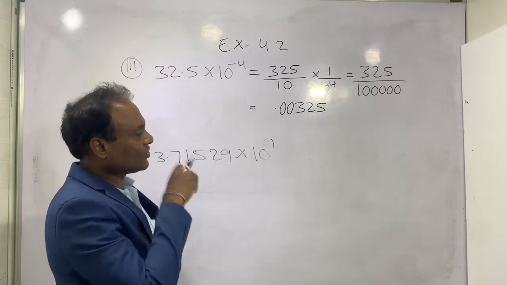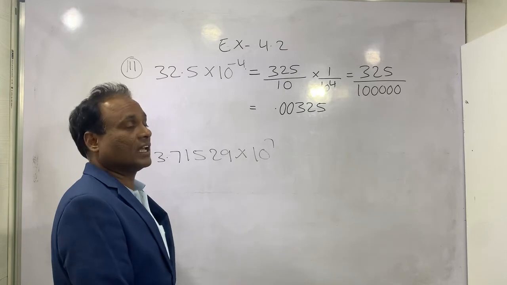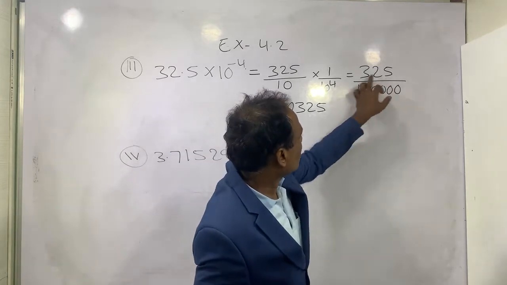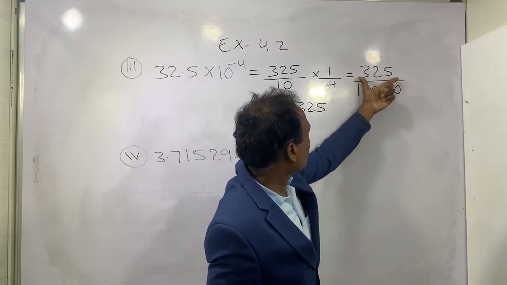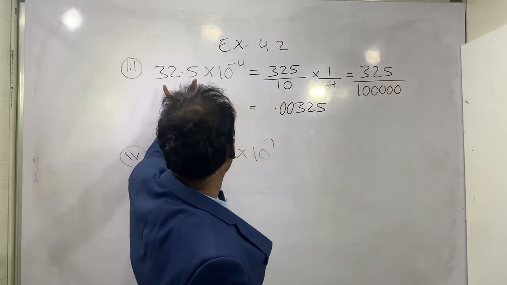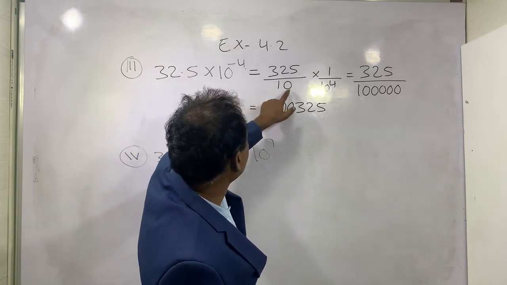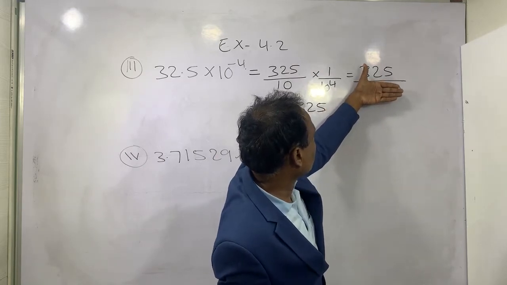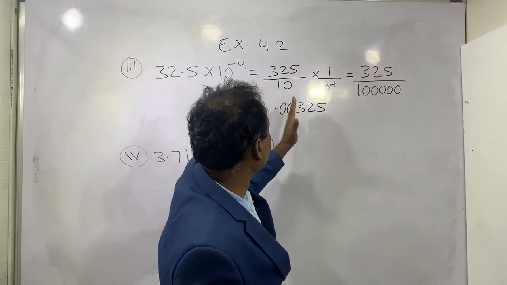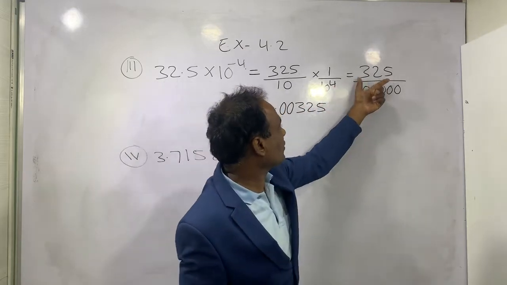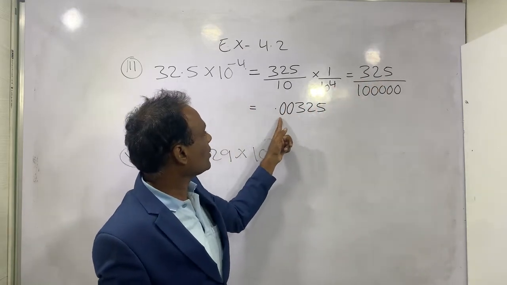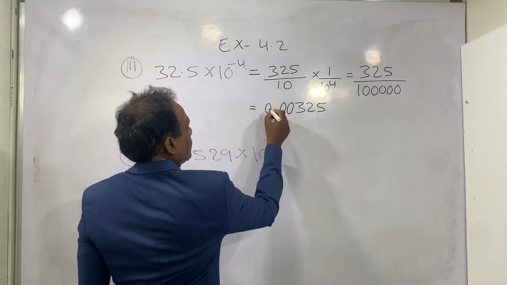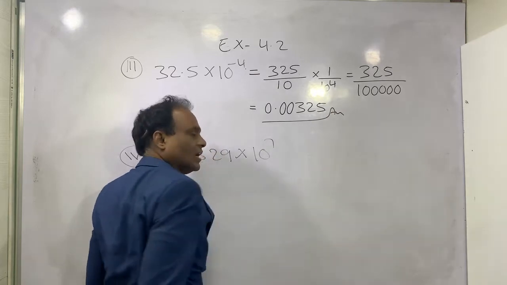Actually, this concept is not related to this chapter. You studied it in the lower classes. But once again, I am clearly explaining. To remove this denominator, we can write this number in the form of a decimal. In the same way, for 32.5, to remove the decimal, we wrote 10. Same way, in reverse, to remove these zeros, in the numerator we have to keep the decimal before 5 digits. We have only 3 digits here, so put 2 more zeros, total will become 5 digits. And at the start, if there is nothing, this is 0. This is the answer.